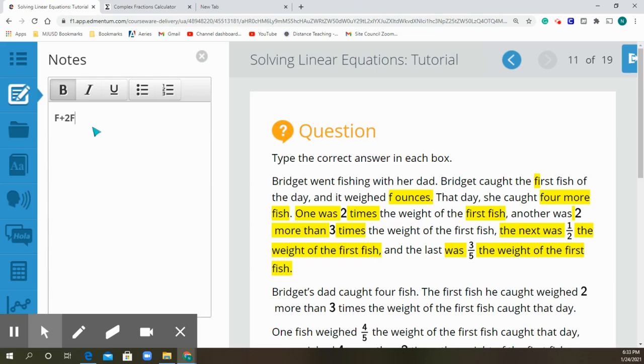So what that means is the next one she caught was 3 times F plus 2. 3 times the first fish and 2 more. So 2 more than 3 times the first fish. Okay. Plus,